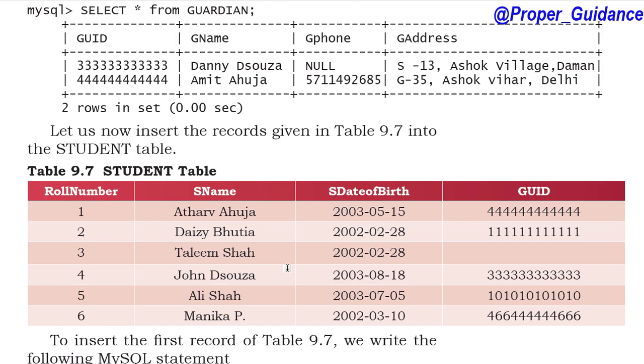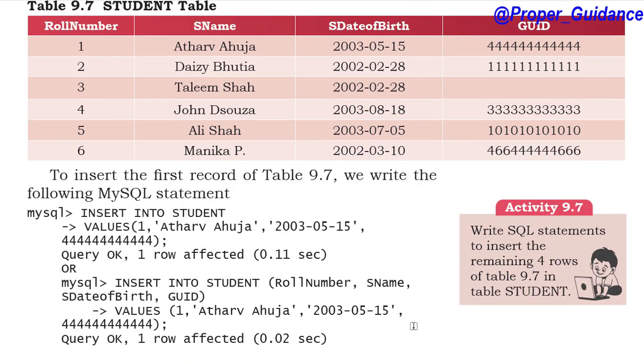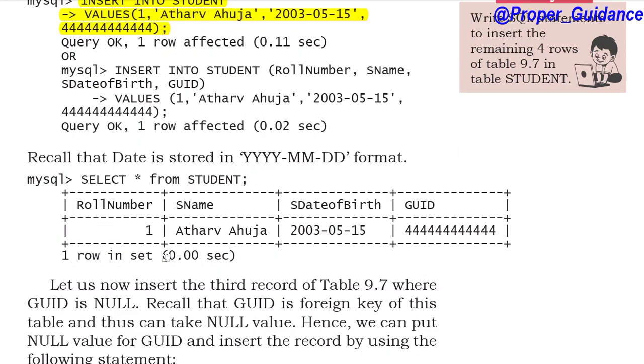And after that, let us now insert the records given in the table. When we have to insert something, we are just using this command: insert into student values. To insert the first record of table 9.7, we write the following MySQL statement here: MySQL insert into student values, these things. Okay. And next,